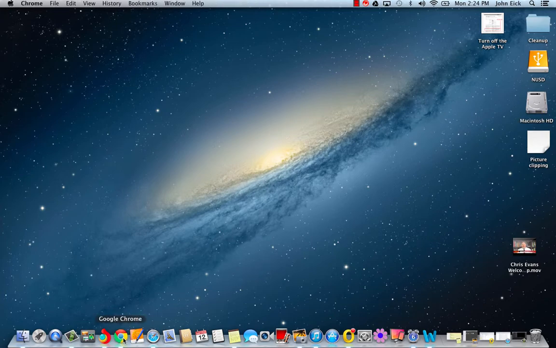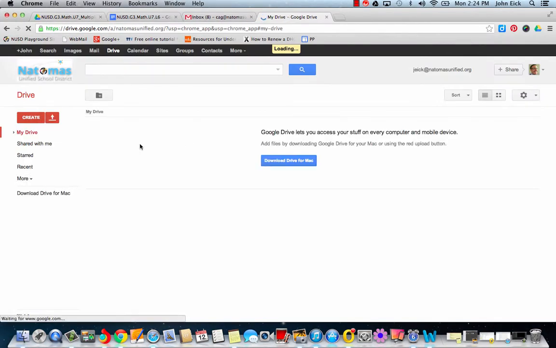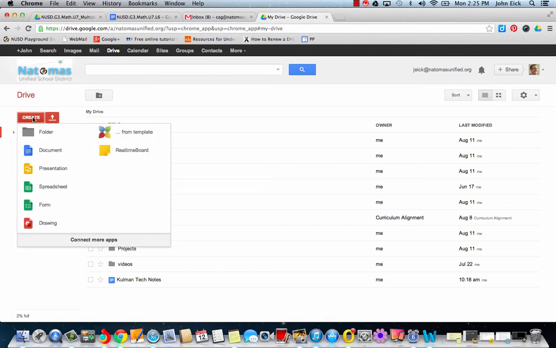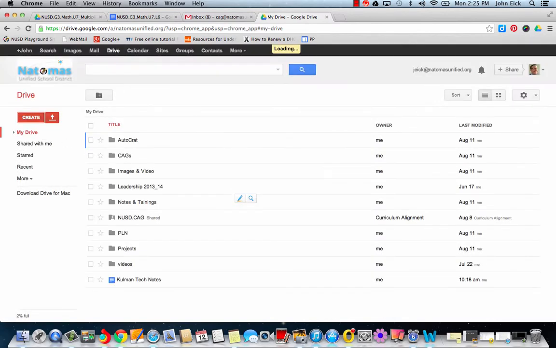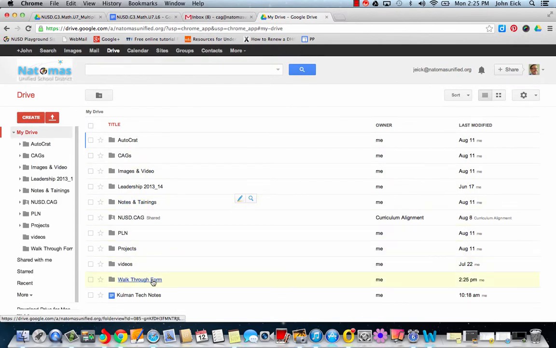So go to Google Chrome. Pachow. So here we are. We're gonna go into create, and we're gonna create a form. Before I do, I like to create a folder because I know I need a response file too. So I'm gonna call this walkthrough form, and now I've got a folder, and there it is right there, walkthrough